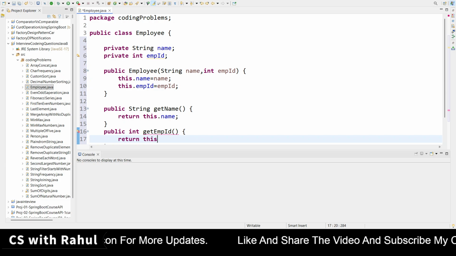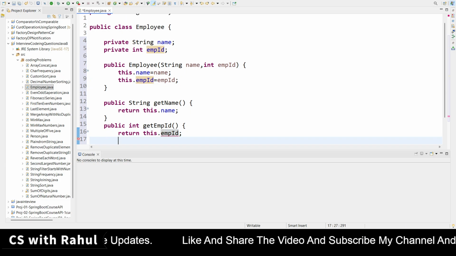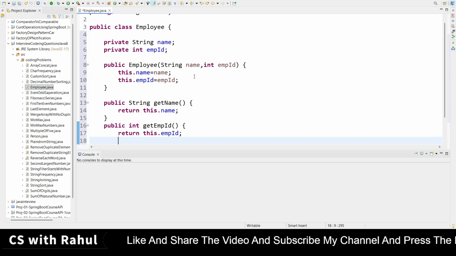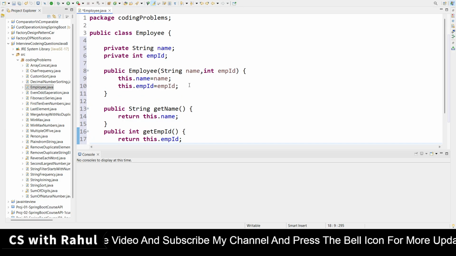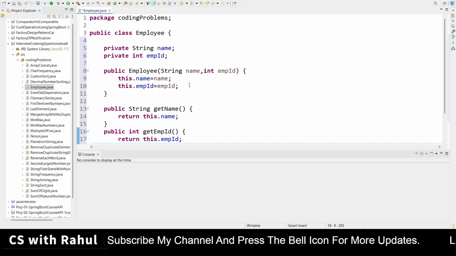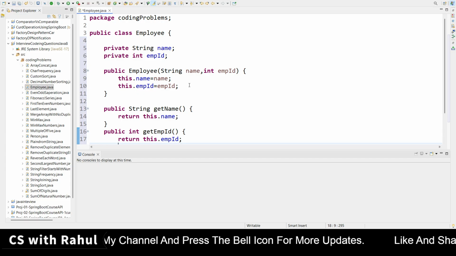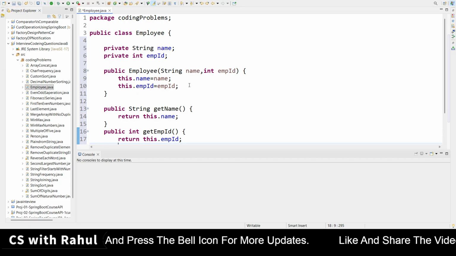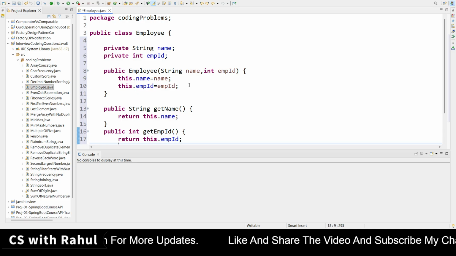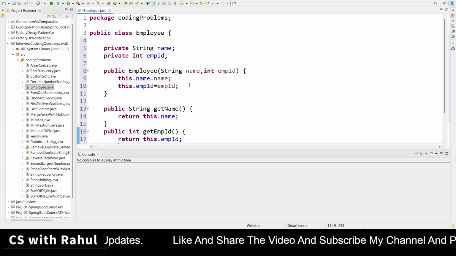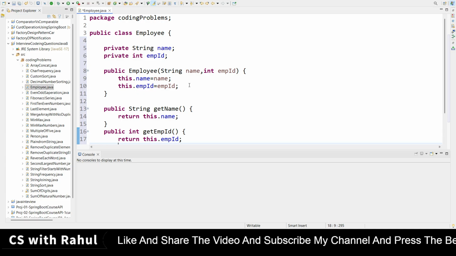Return this.empId. So now our custom class has been created. You can write multiple types of attributes also here, like salary or address, whatever you want you can add here. But just for example I am adding two things, only the name and employee id.